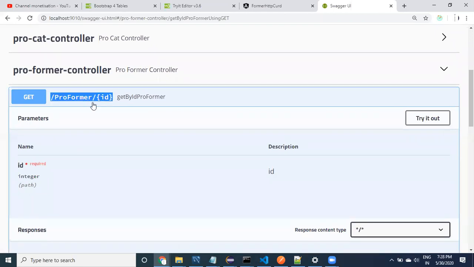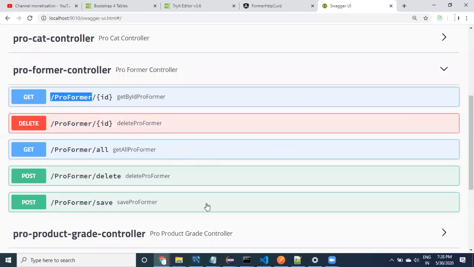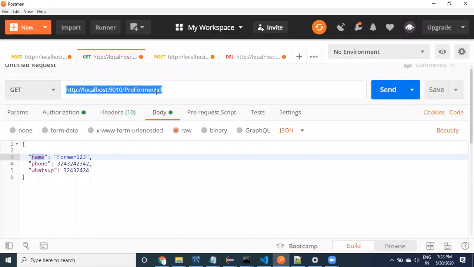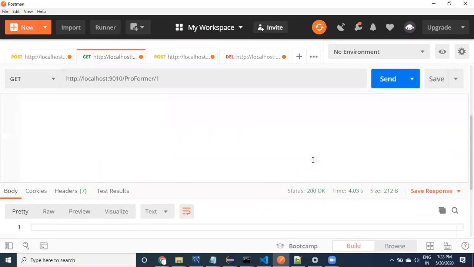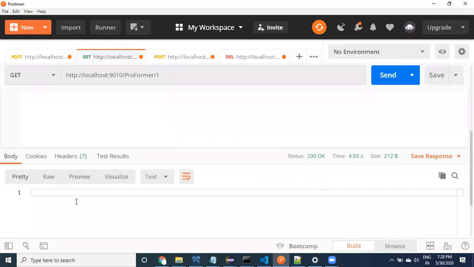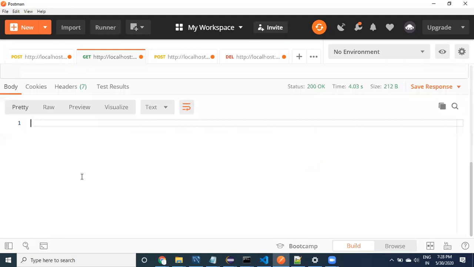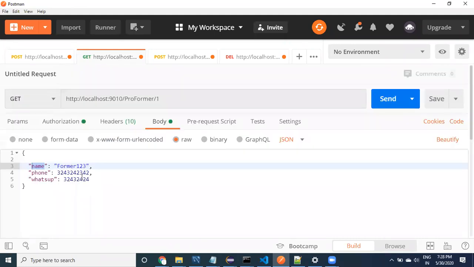I want to use it, I would like to test it. Let us go to here, guys. Pro farmer, and if I say 1, what is it going to do? Let's look at it, guys. Get the data. Come to here, 200. Oh, no data. Why? Because I think farmers did not start with 1. There is no ID with 1.